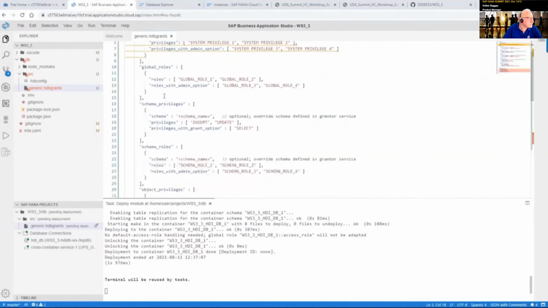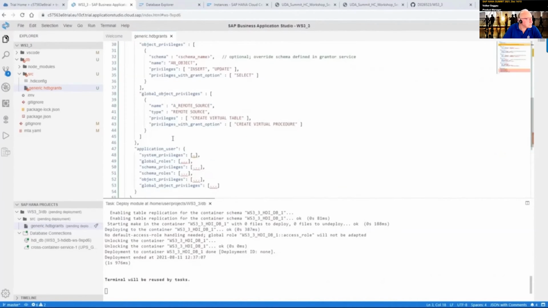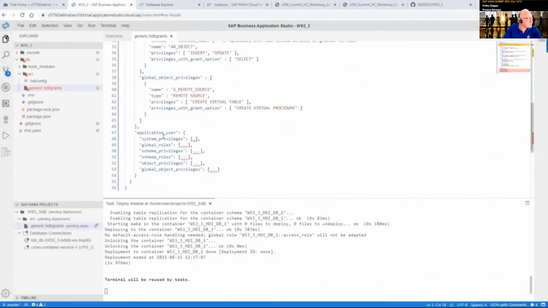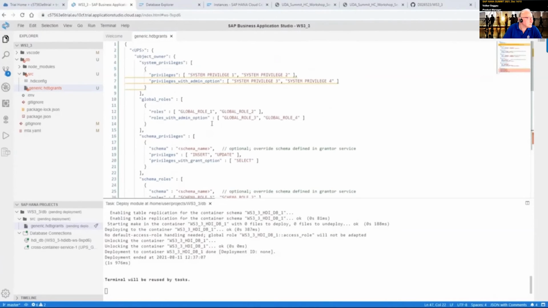And similarly, we have a logical description of the application users, which will run, for example, the data previews. And this is this section. So what I put in this section will be granted to the application users. What I enter in this section will be granted to the object owners. And this means now if someone else uses your project, even if it's a different container, the privileges will be assigned to the respective container because we don't code for the database users themselves, we code for the logical role